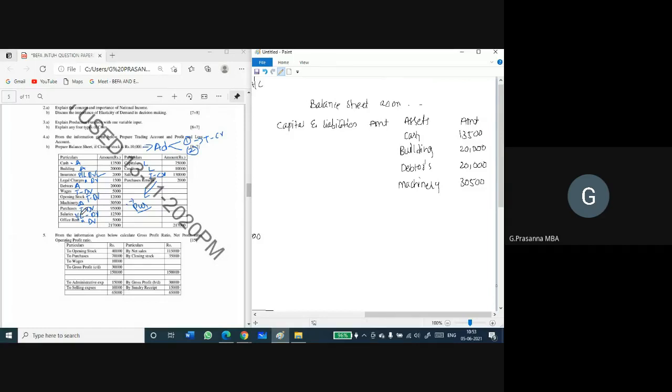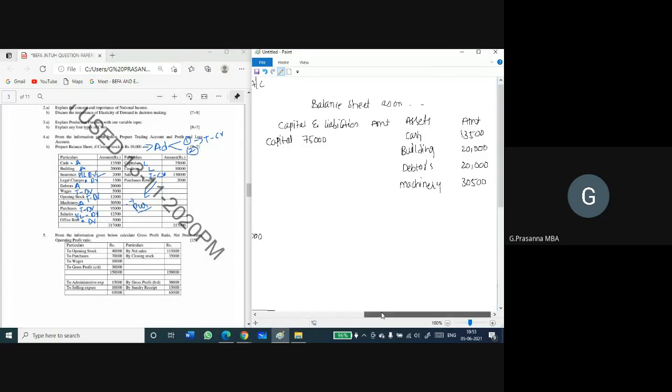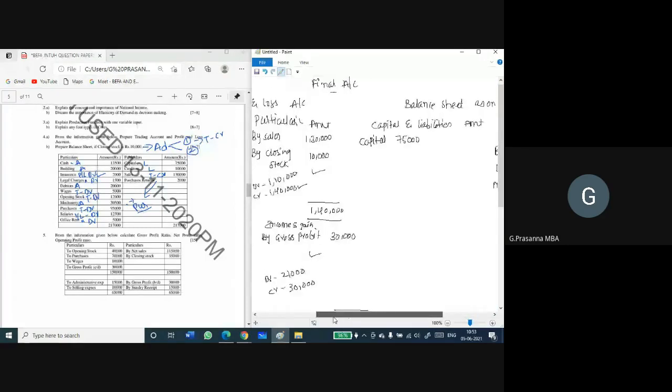Purchase won't come, salaries won't come, office rent also. Already we have taken these. So now we have closed the asset side. Do the total of assets. Now we will move to the capital and liability side. First I will take the capital. Whenever you take the capital amount, show it in the inner column, because we have to adjust the capital based on net profit or net loss. In this problem, we got net profit.